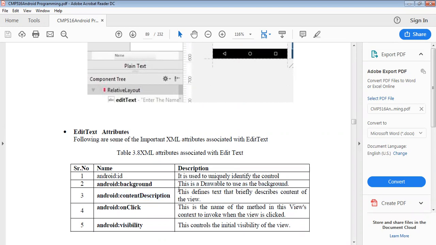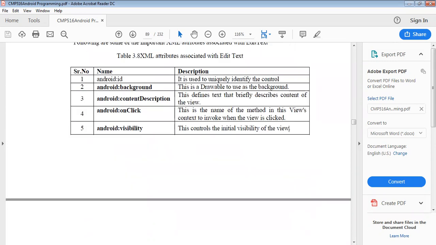Content description defines text that briefly describes the content of the view. On click is the name of the method in this view to invoke when the view is clicked. Next will be visibility. This controls the initial visibility of the view.